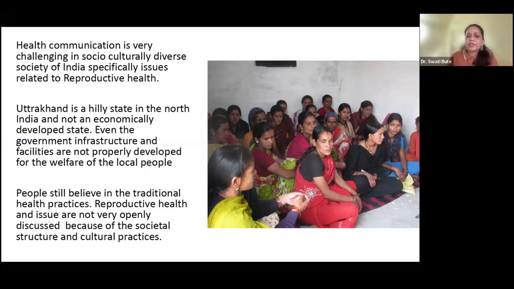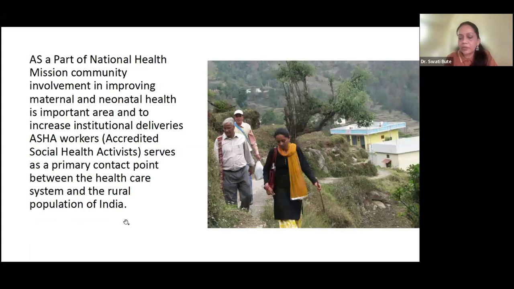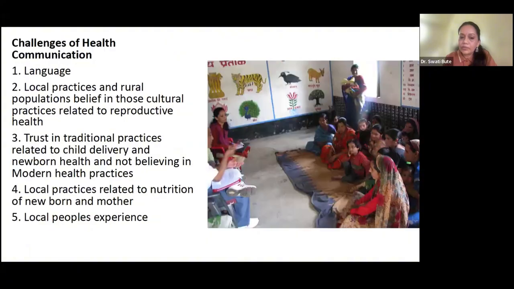So it's a kind of chain, like the central team giving training to the state level health officials, and the state level health officials giving training, facilitating, and also mentoring